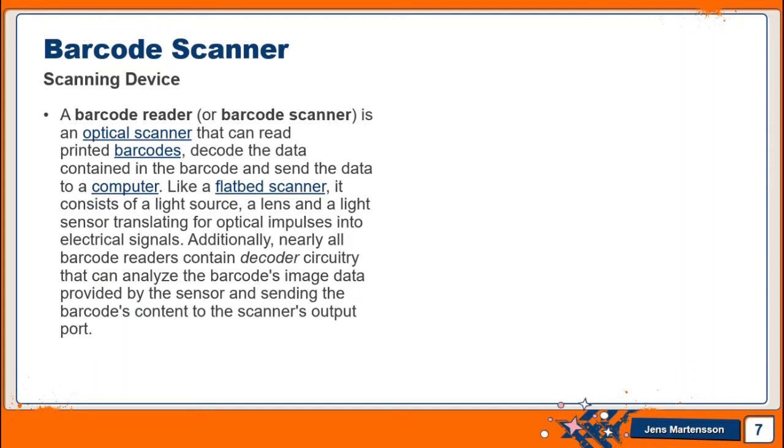A barcode reader is an optical scanner that can read printed barcodes and decode the data contained in the barcode. You can see the barcode is vertical lines which are on the items. It reads the barcode and sends the data to the computer, like a flatbed scanner. It consists of a light source, a lens, and a light sensor translating optical impulses into electrical signals. Additionally, nearly all barcode readers contain decoder circuitry that can analyze the barcode's image data provided by the sensor and send the barcode's content to the scanner's